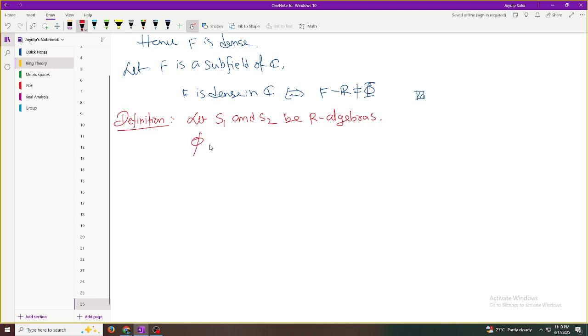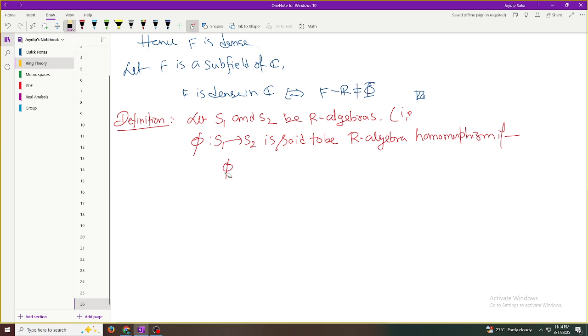Phi from S1 to S2 is said to be an R algebra homomorphism if phi restricted to R... You can think that R algebra means there is a map,